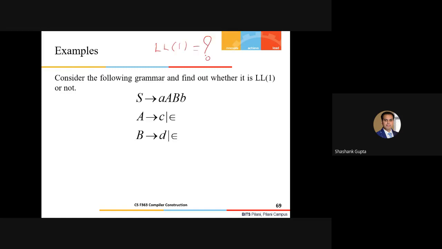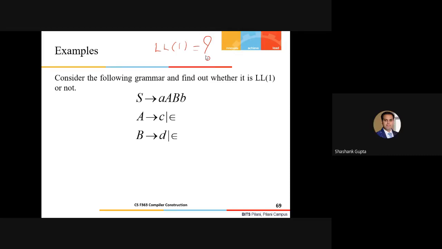LL1 or not? Come on, guys. This problem should not take too much time. Yes, sir. It is LL1. LL1. Fine.